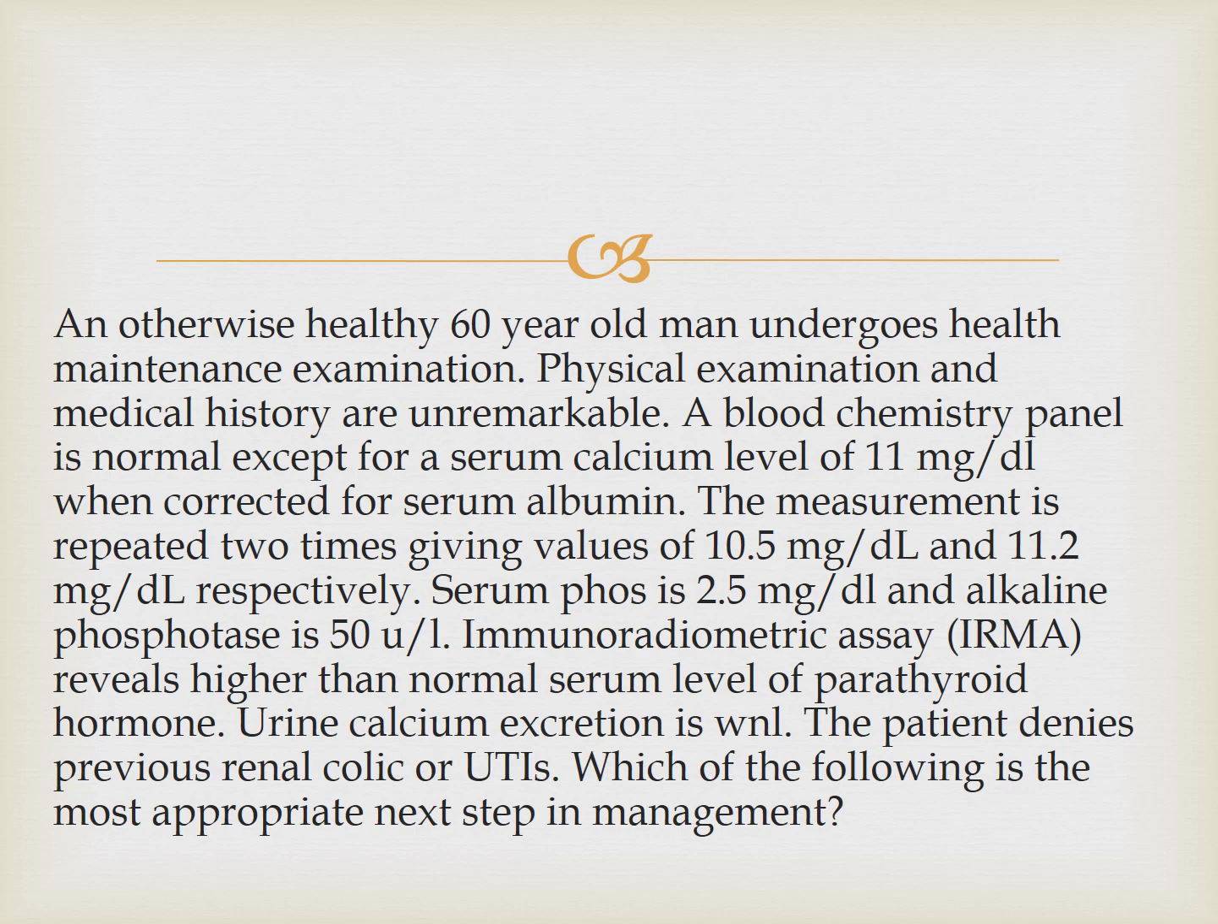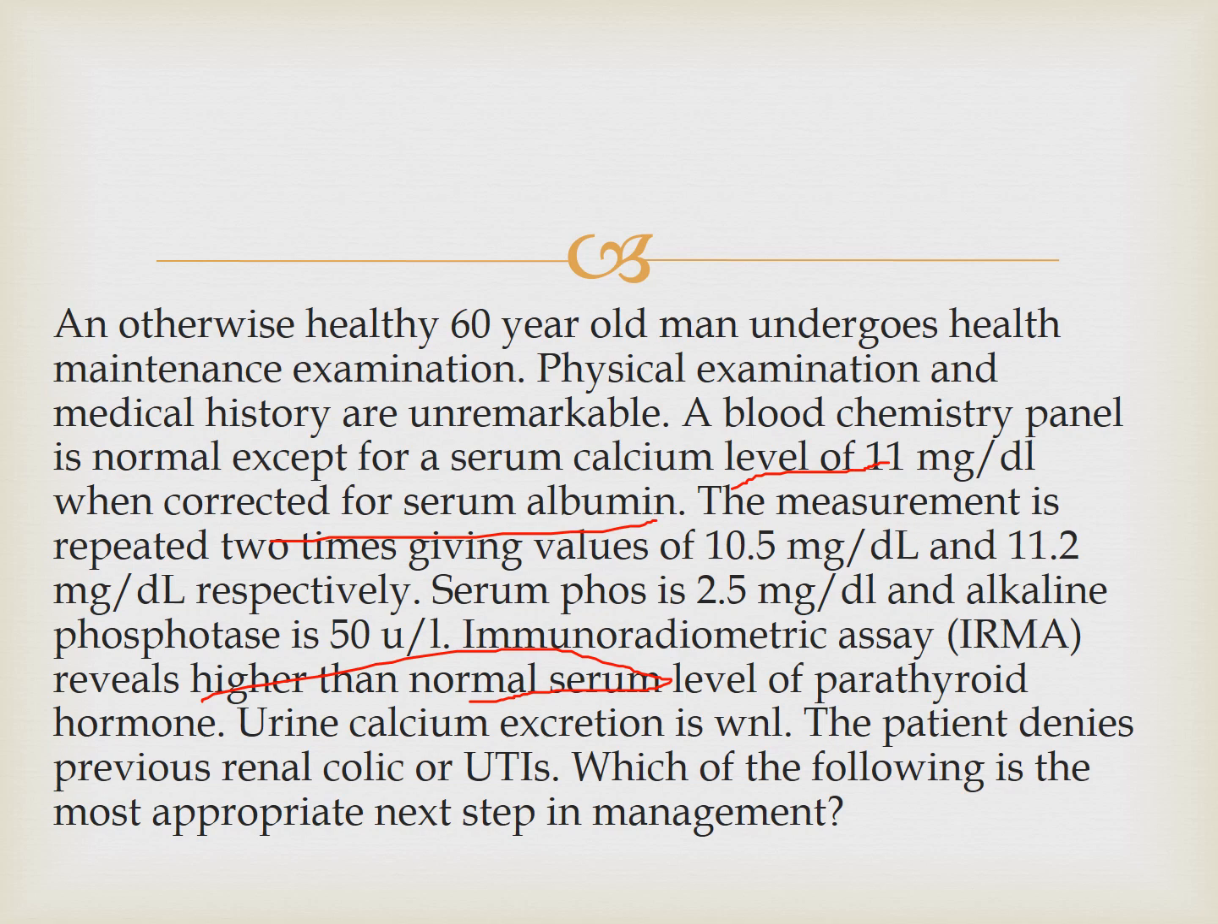All right, let's do two questions. You have an otherwise healthy 60-year-old man who comes in for a health maintenance examination. You do a physical examination, and medical history and exam are unremarkable. You look at the serum calcium, which is 11. You already corrected for serum albumin. And the two times before that it was 10.5 and 11.2. You get a serum phosphorus, which is normal. Alkaline phosphatase is normal. The serum level of parathyroid hormone is a little higher than normal. We have an idea of what's causing the problem. It's probably